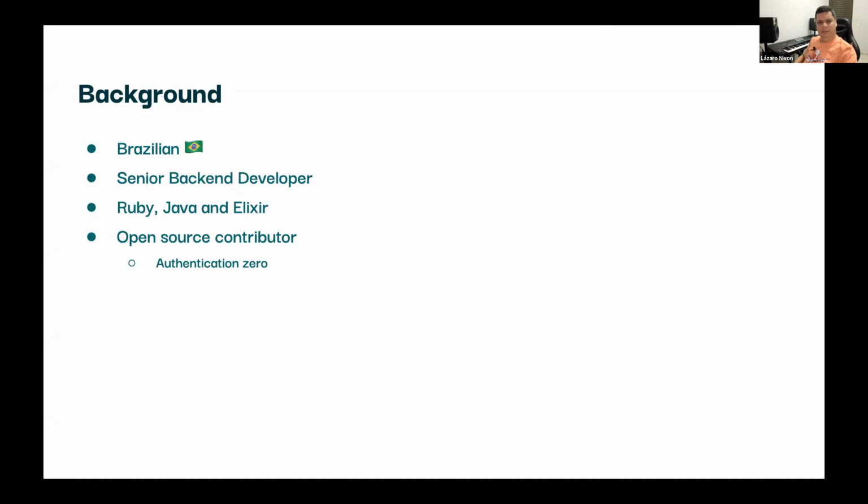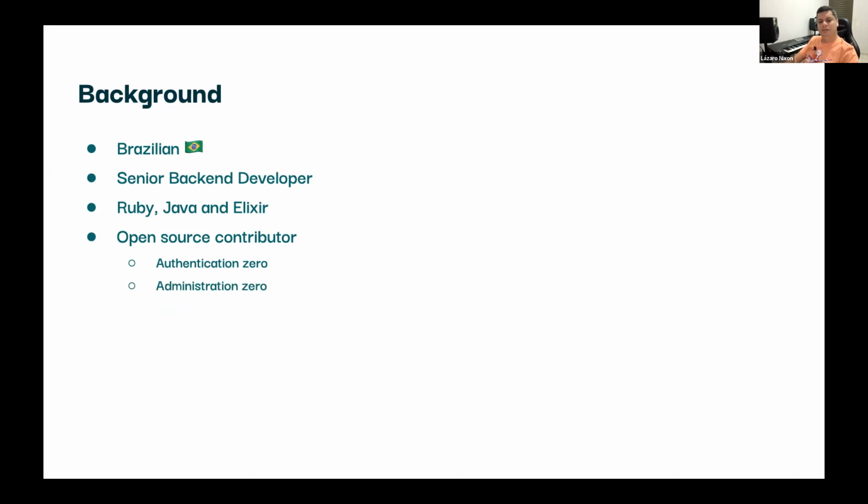The first one that has been very popular lately is Authentication Zero. It's a library for authentication, but different from Devise and the others. It generates code and puts it in your application. So you are responsible for the security, but you can also customize this authentication the way you want.